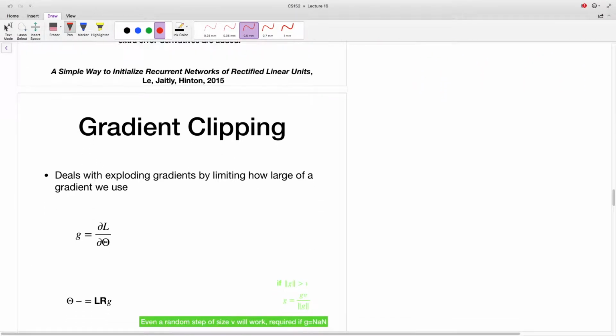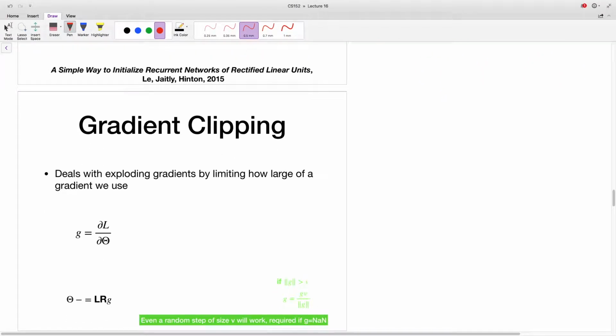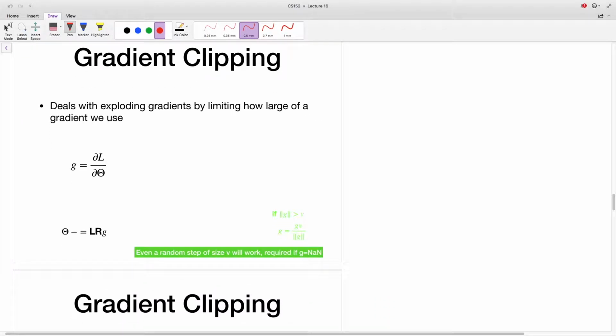All right, step 2, what we can do. We can do gradient clipping. So gradient clipping will not help us with the vanishing gradient, right? But it will help us with an exploding gradient. So the idea is, if the gradient's too big, just clip it to some value. So we calculate dL/dθ, and we subtract the learning rate times that computed g from θ. Between here and here,